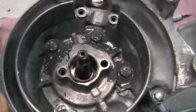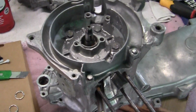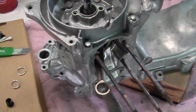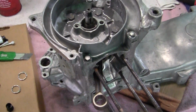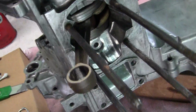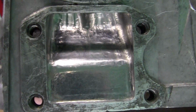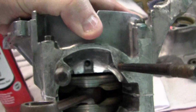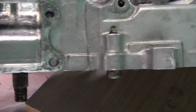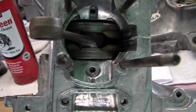The motor has to be an airtight unit. Basically what it is is an air pump. All motors are air pumps. With this air pump right here, we have an intake where our reeds go, we have the cylinder right here, and we have the carburetor which goes up over here. It's hard to do this with one hand. Anyway,